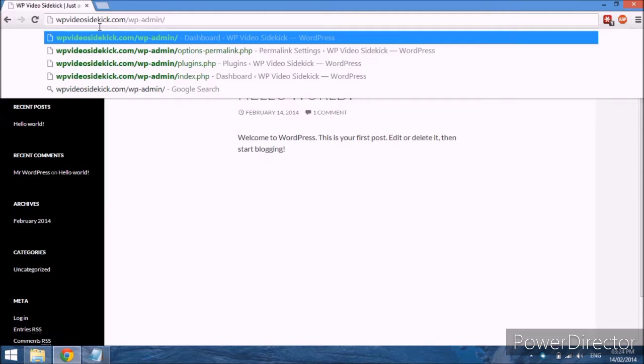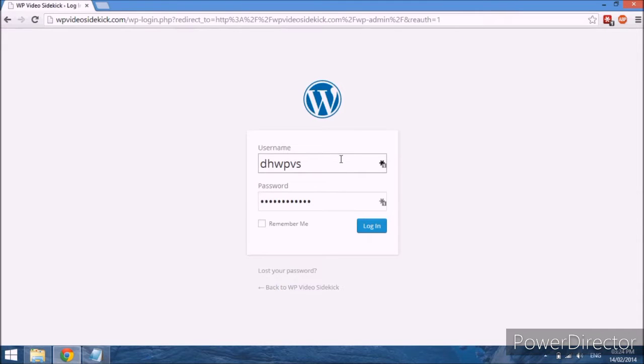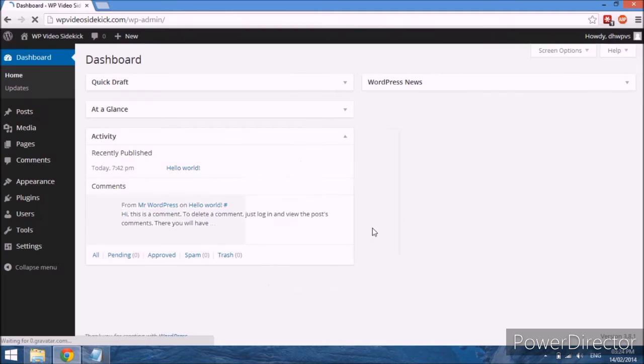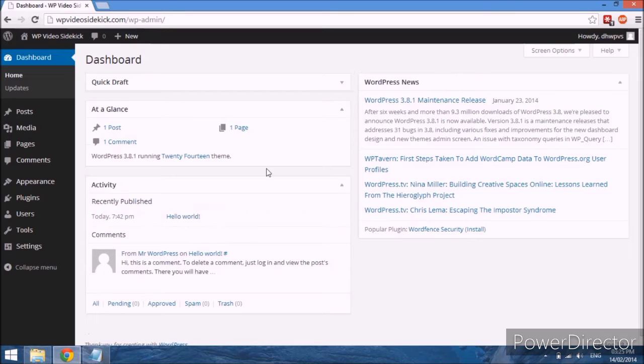to our main website address, and then select enter, and it will just take us to a page where we can log in, and you would put your username and your password, which you would have created when you were installing WordPress. So if we just select login, you will just see a few quick links here on the right hand side to say WordPress news and some other